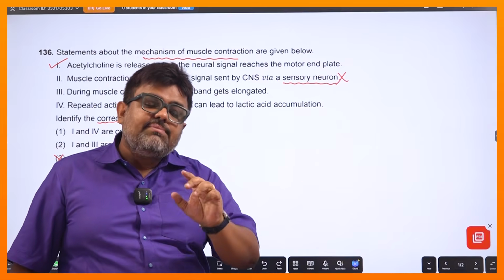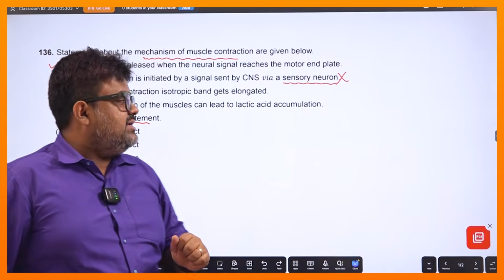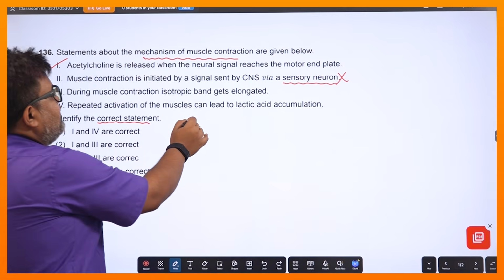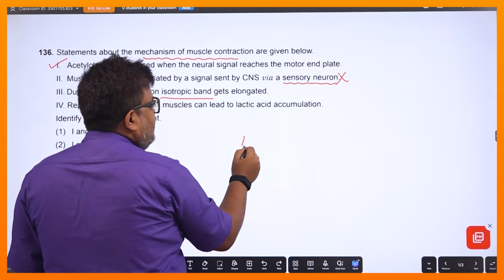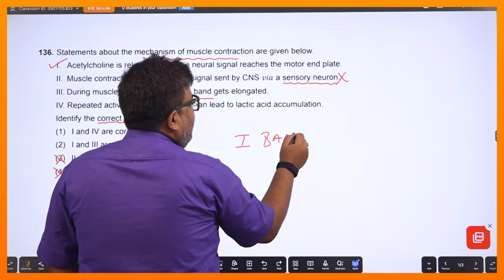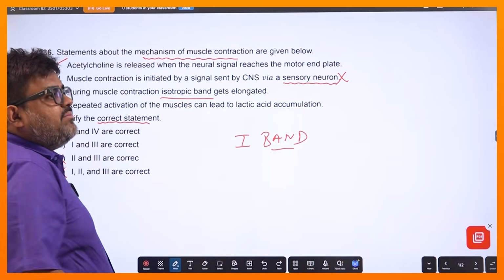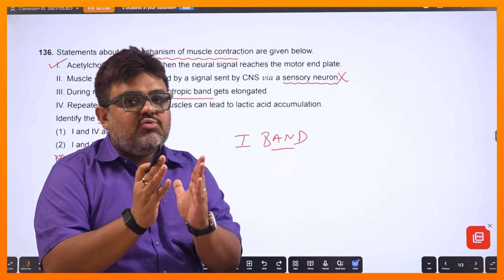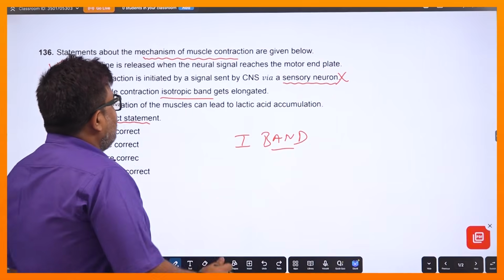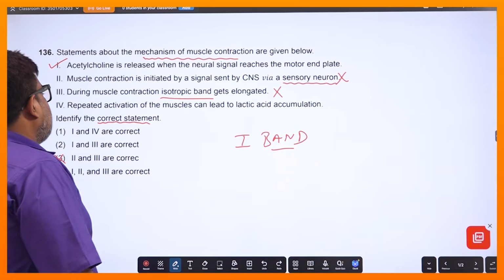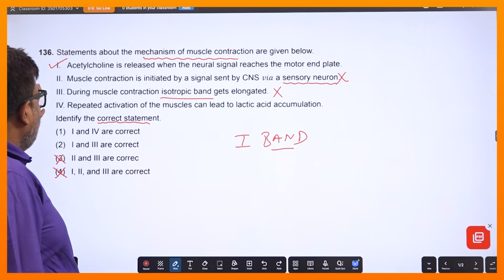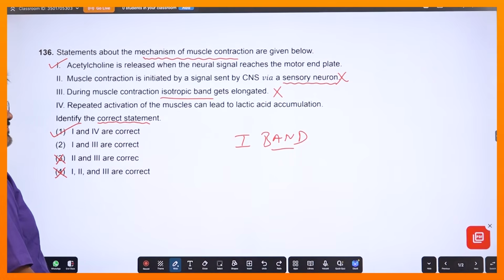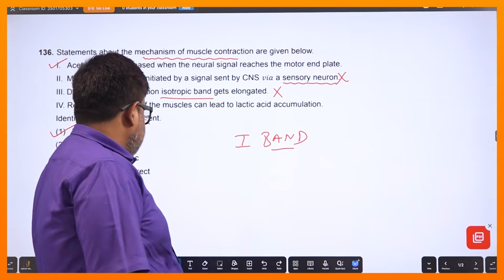যাতে আমাকে সবকটা পড়তে না হয়, ঠিক আছে। তাহলে 3 নম্বরটা দেখি, ডিউরিং মাসেল কন্ট্রাকশন আইসোট্রপিক ব্যান্ড। আইসোট্রপিক ব্যান্ড মানে আই ব্যান্ডের কথা বলছে, ঠিক আছে। তো আই ব্যান্ড গেটস এলংগেটেড, কিন্তু আমরা কি জানি মাসেল কন্ট্রাকশনের সময় আই ব্যান্ডটা শর্ট হতে হতে অলমোস্ট ডিসঅ্যাপিয়ার করে যায়, ইজন্ট ইট? তার মানে এটা ভুল আছে। তাহলে ডেফিনেটলি আমি যদি 4এরটা নাও পড়ি, 1 আর 4 হচ্ছে আমার কারেক্ট। তো দিস ইজ দ্য কারেক্ট আনসার। আই থিঙ্ক এটা বোঝা গেছে।